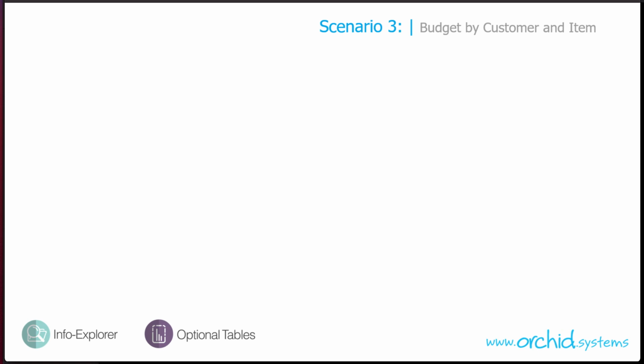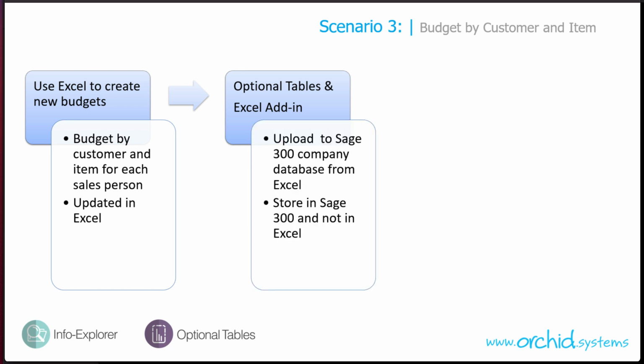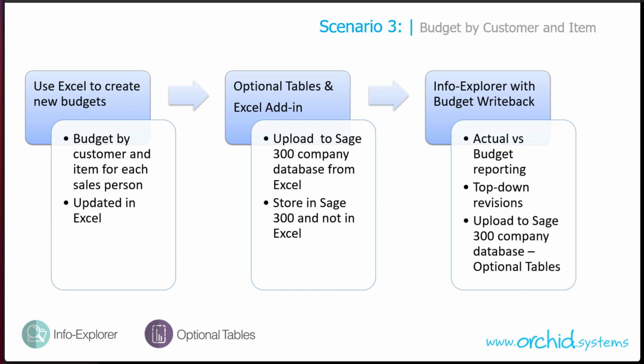In our third example, we look at a budget by customer and item presentation. Use the same approach as previously, where we use Excel to create our new budgets by customer and item. The salespeople update this in Excel. We then use the Excel add-in to upload to Sage 300, and we use Info Explorer with Budget Write Back